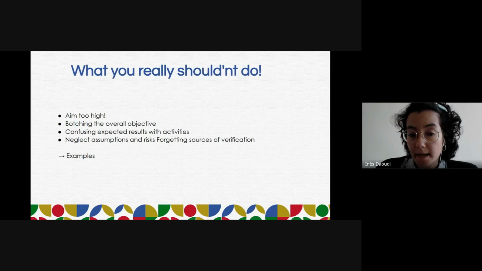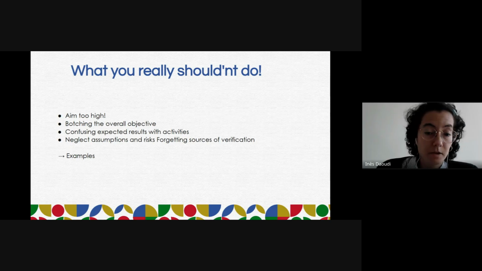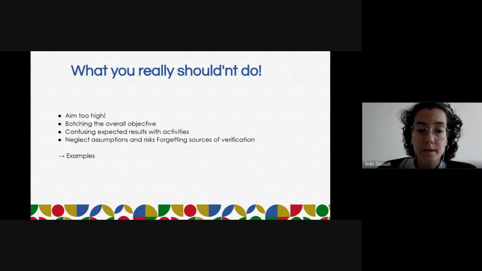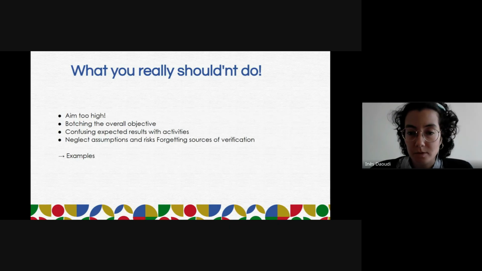If it may impact activities, or if it may impact results, or if it may impact the objectives, the specific objectives, or the general one, it has to be clearly identified. The same goes for the risks: if they occur, they could negatively impact the achievement of the project's objectives. So it is very important to identify them, to make the project also more realistic in a way, because as we say, the risk zero doesn't exist.